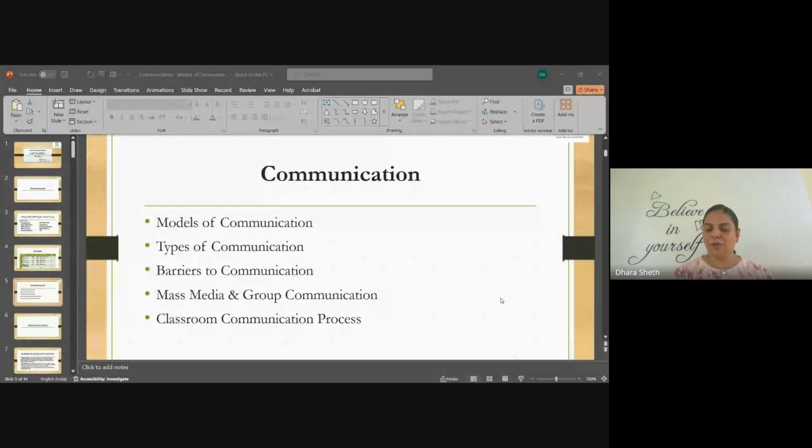Now, it is not possible for anyone to cover all possible models because like I saw a lot of previous year questions in the last 3 years. Previously, the questions used to be very simple and very different. Nowadays, most of the questions are on mass media. Most of them can be categorized into mass media and group communication, followed by types of communication.